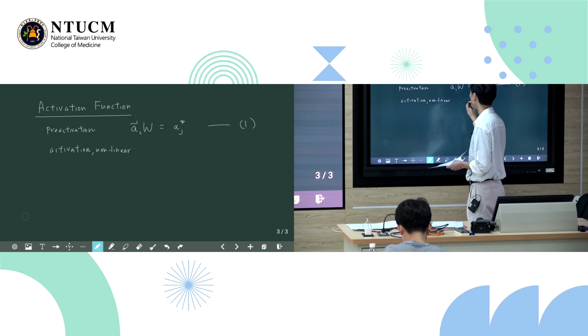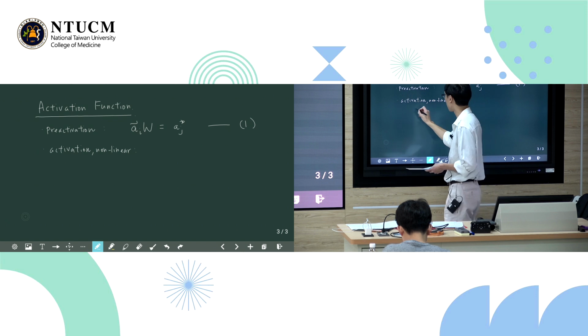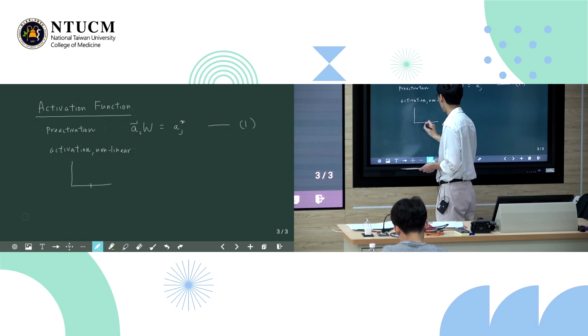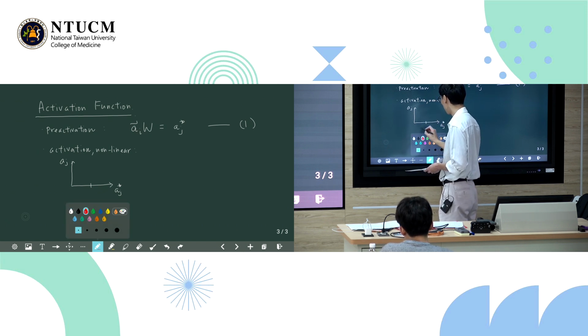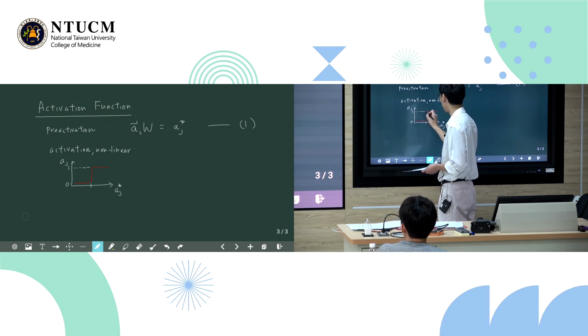Then the activation function in this case, we want to achieve this situation. This is AJ star, and this is AJ. We want a situation where it is going to look like this. It is 0, and we want to keep things binary, and this is theta.